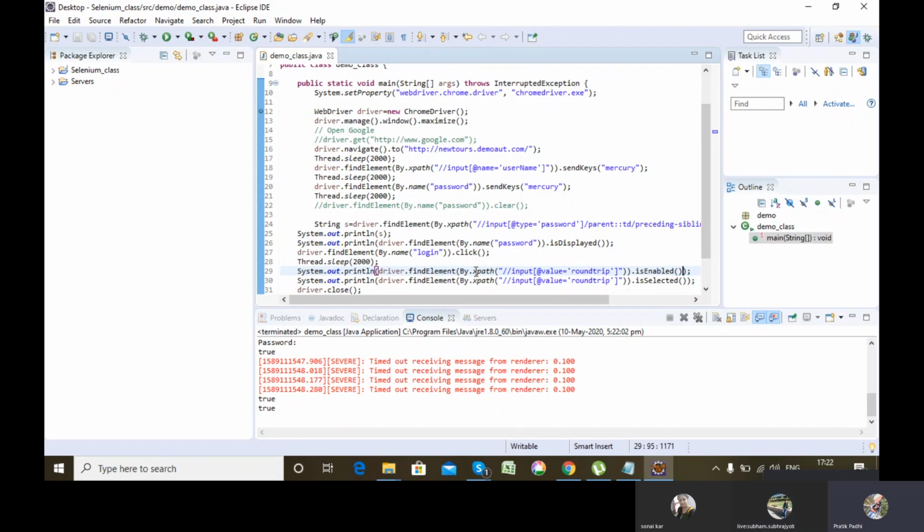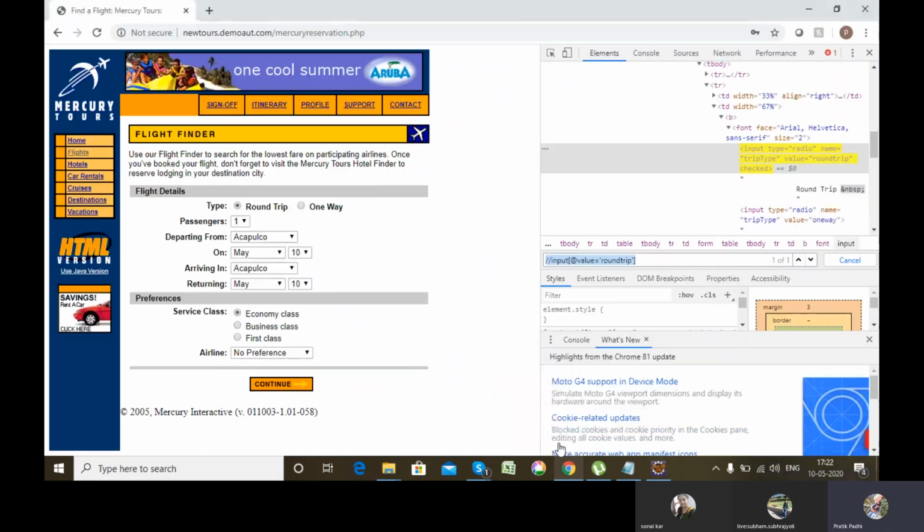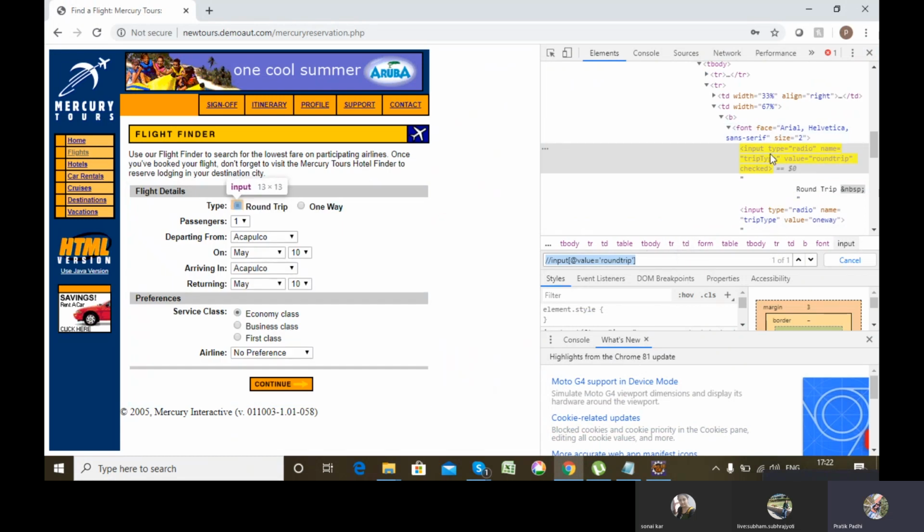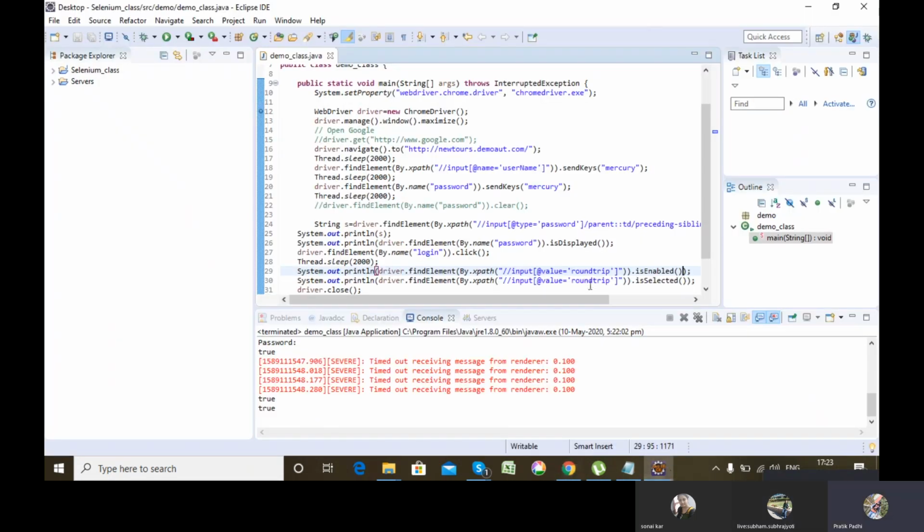Let's say, for example, in runtime, I want this attribute value. What is the attribute value for name for this web element? In HTML you are able to see it, but in runtime I want the value. What is the value of that particular attribute of that web element?